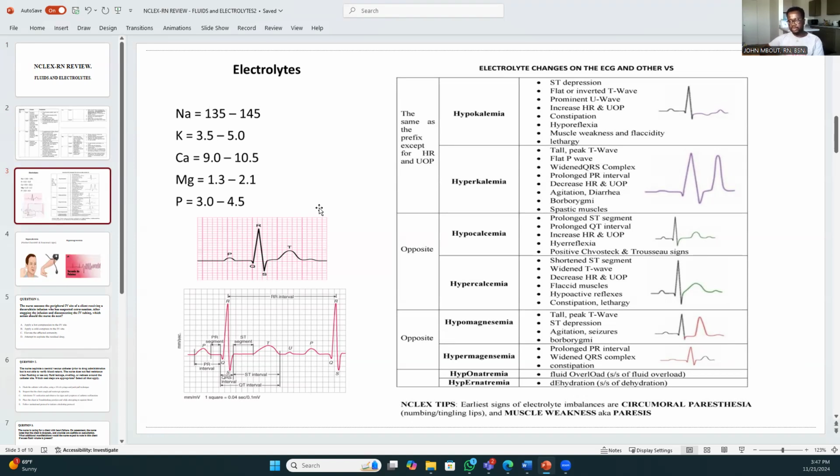Now pay more attention to potassium. A potassium above 6 is a critical lab value. You have to report, you have to take action. Very, very important. Now, I made mention that our system needs fluid. Our system needs these electrolytes. So when we don't have these electrolytes, when we don't have fluids, we have what we call fluid volume deficit. Okay, and the goal is to replace the fluids and to eliminate the cause